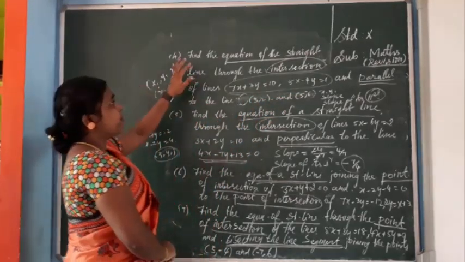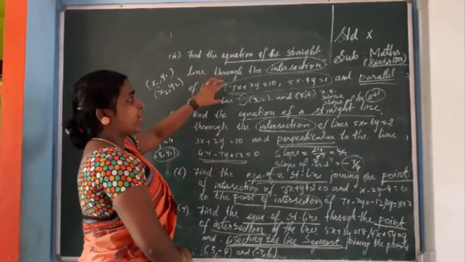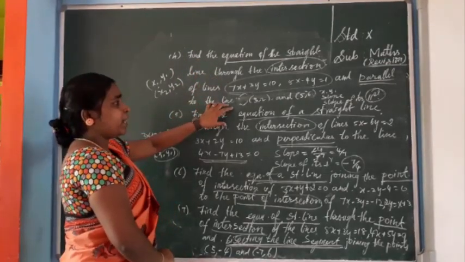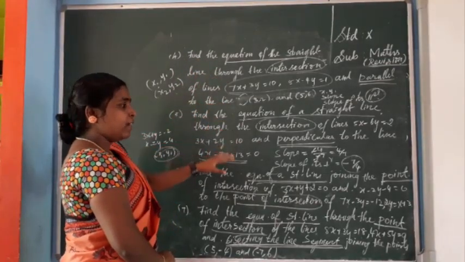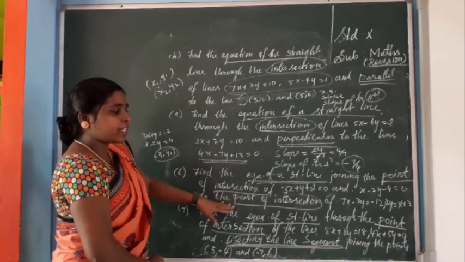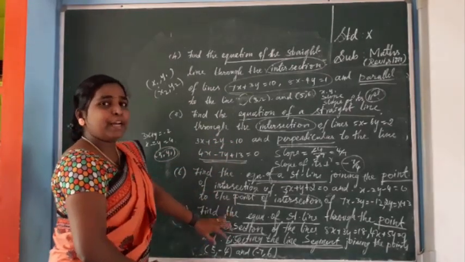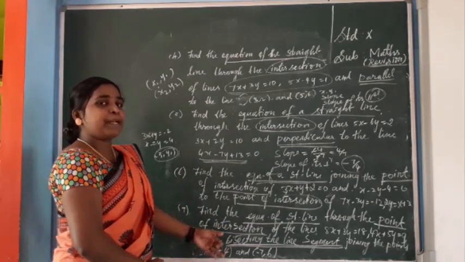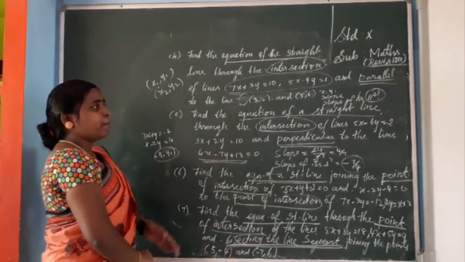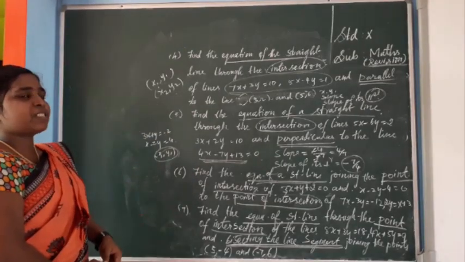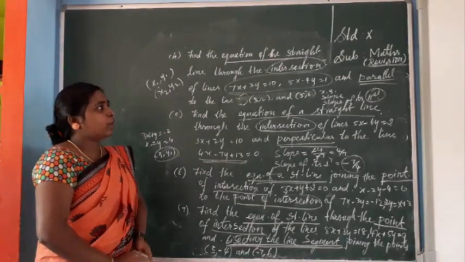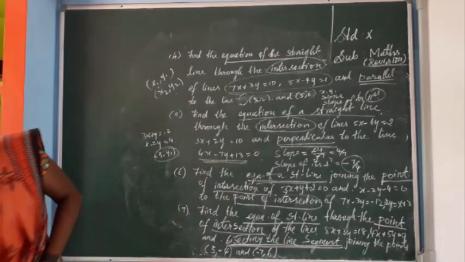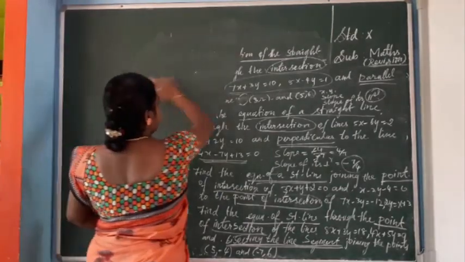Suppose it is perpendicular, then you use the slope of its perpendicular. So first one is point of intersection and parallel, next point of intersection and perpendicular, next both are point of intersection, and the last one is point of intersection and bisecting line. Bisecting means you have to find the midpoint. So it is a very important problem. You see the different signs one time and do it. Okay, so you feel it is easy. Next problem.